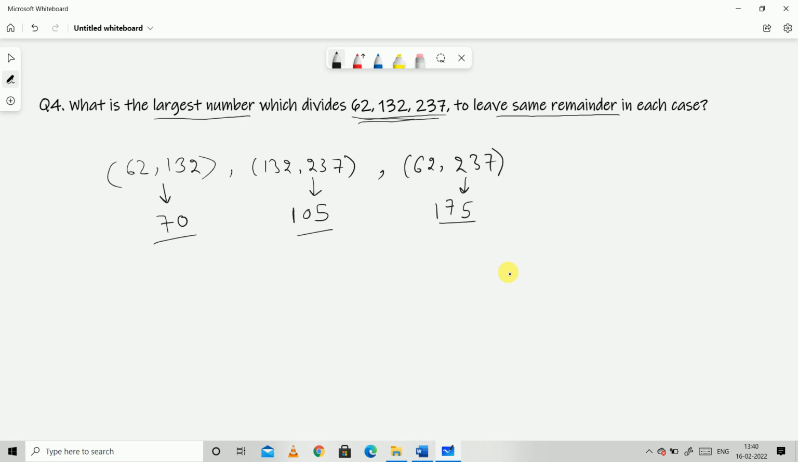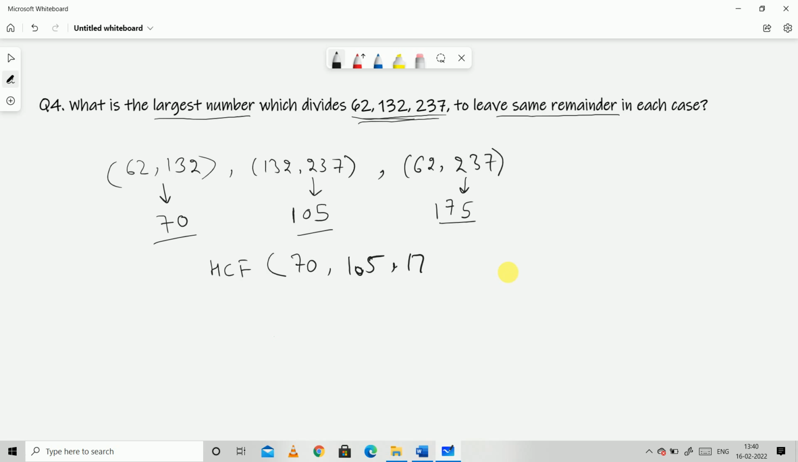If you remember, this was one of the types we had seen for HCF: if it asks you to find the largest number which can divide some numbers and leave the same remainder in each case, then you need to find the differences of all the possible pairs, and then find the HCF of those differences. That HCF will be the largest number which will divide these numbers and leave the same remainder in each case. So I will find the HCF of 70, 105